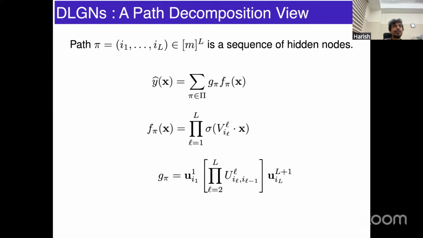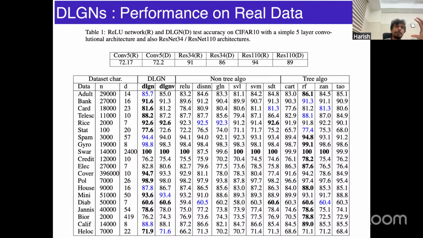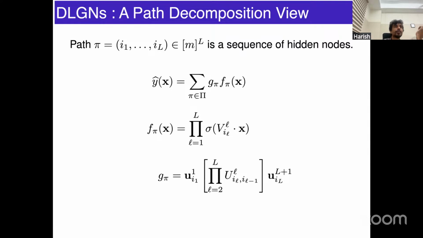To just convince you that this is a valid architecture, we can easily just run the model for several standard data sets, and it is competitive. It doesn't beat the state of the art, but it is competitive, just to show that it's not a silly architecture which has no use. But that's not the reason we are proposing this architecture. The reason we are proposing this architecture is so that we can study the mechanism of feature learning, and not really replace the standard deep network. The main reason we do that is you can